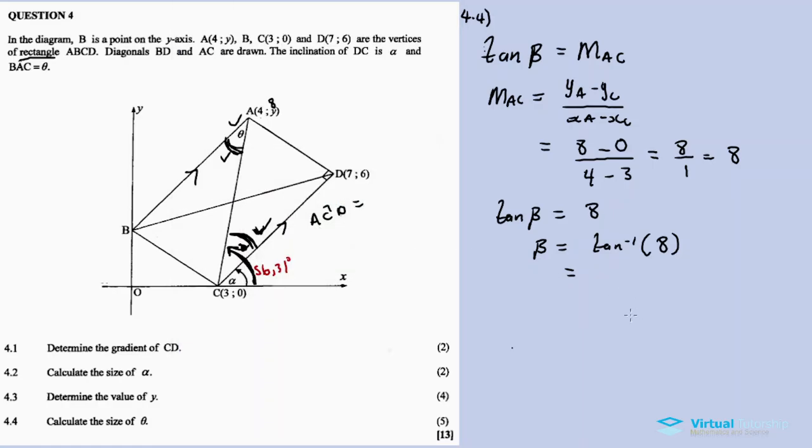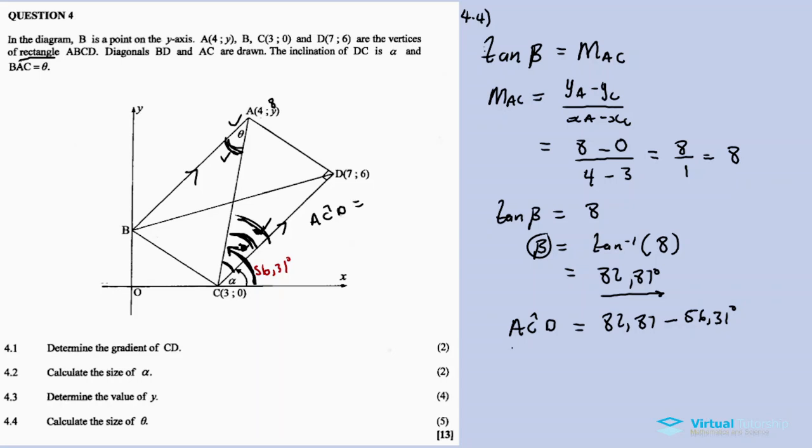The answer is 82.87. So this is the angle of inclination for AC, which by the way we call angle beta. Now we want angle ACD, this angle. Now this angle is the angle of inclination for line AC, which is 82.87, minus the angle of inclination for line CD, which is 56.31,